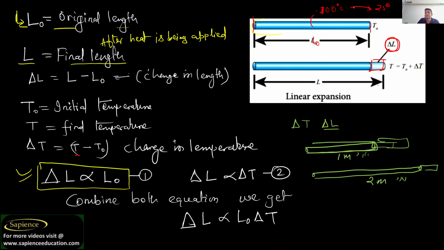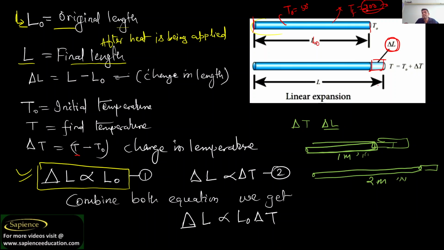We can also say that earlier T naught was 50 and T final is equal to 100. So the length has changed. Now if I say that this final temperature is 200,